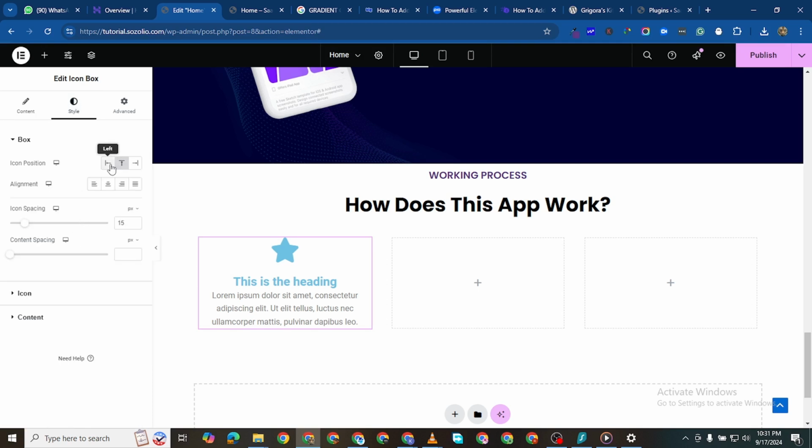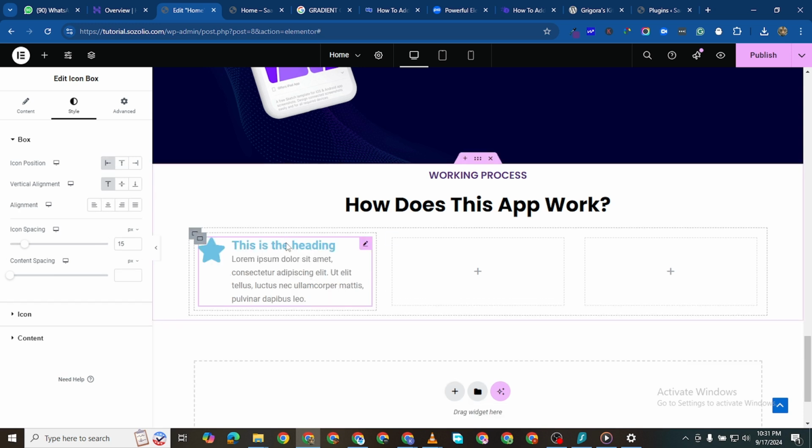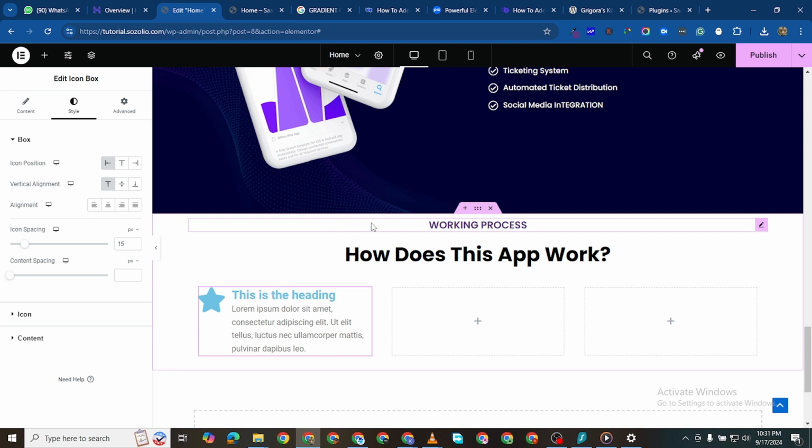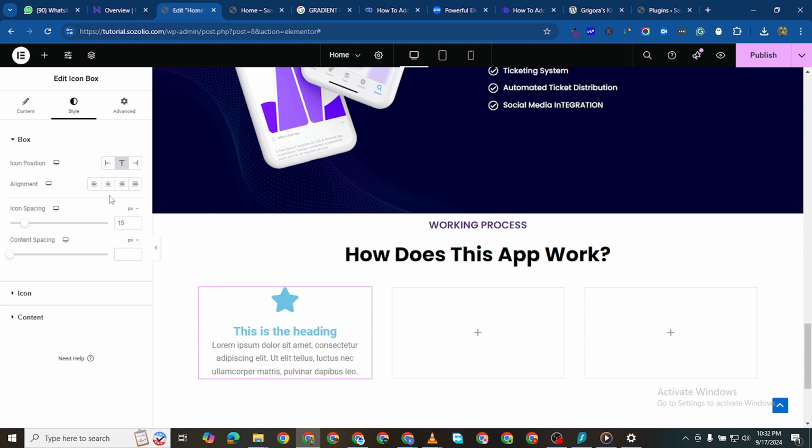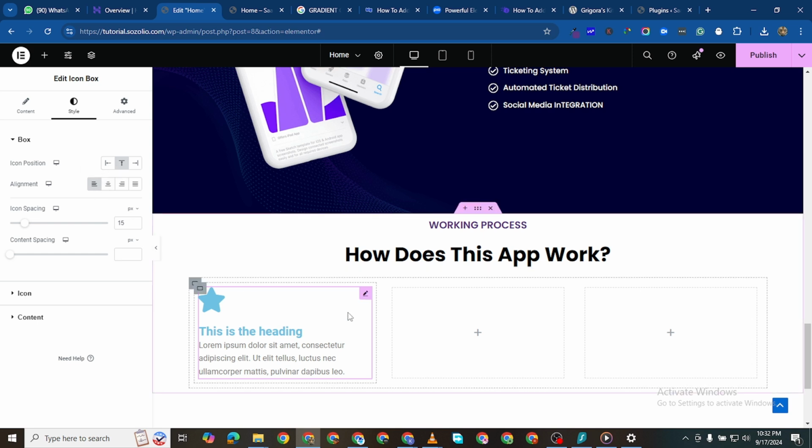So for this icon box, you notice that if I click on this direction, it changes everything. That's not how I want it to be. I want it to actually be an icon box. So I'll just revert the change. But if I align it to the left, this is how I want it to be. So the first thing I want to do is give a heading here,